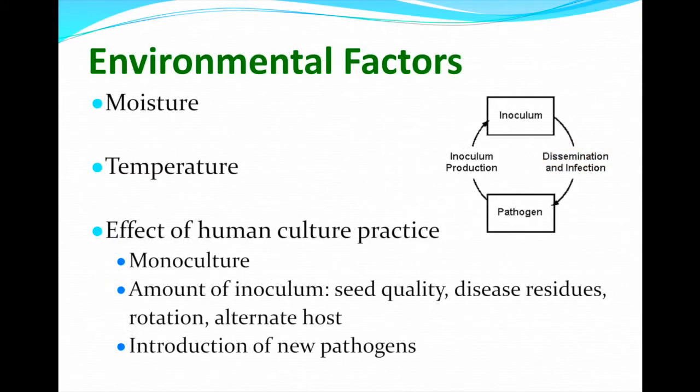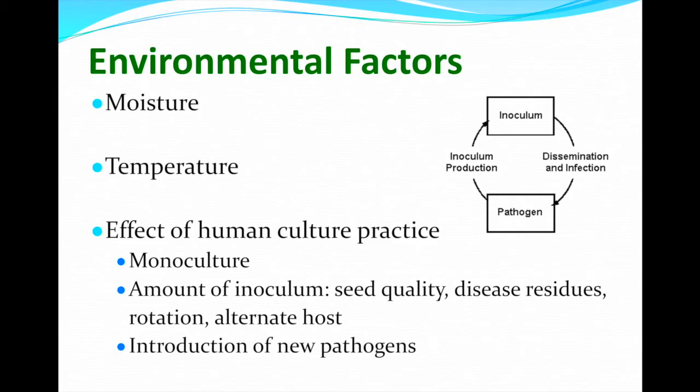Environmental factors. I think most of us recognize that moisture certainly plays a role. We oftentimes think of having way too much moisture as causing an issue. Sometimes having too little can cause an issue as well. Temperature. Hotter temperatures, sometimes cooler temperatures, it all varies, can play a big role in disease development. How happy is the plant and how happy is the inoculum of the pathogen? That's going to be dependent on moisture and temperature.